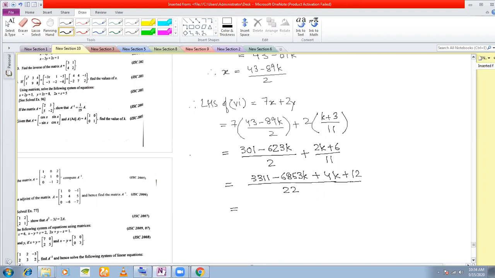I should get, so this is 6853 minus 4, 6849, minus 6849k. And you have 3311 plus 12. You get plus 3323 divided by 22. So this is